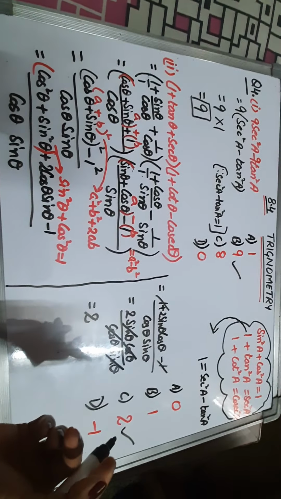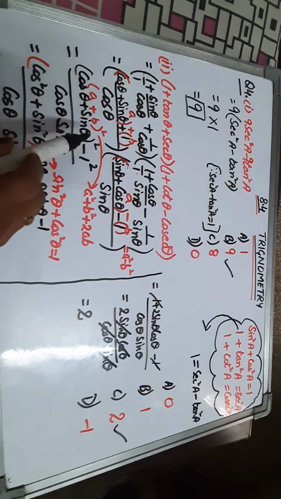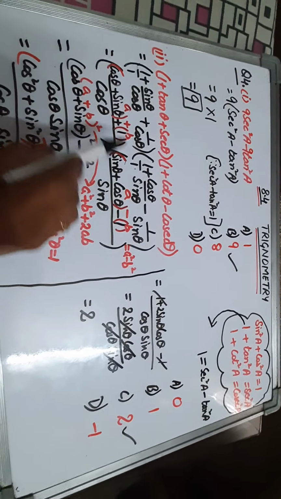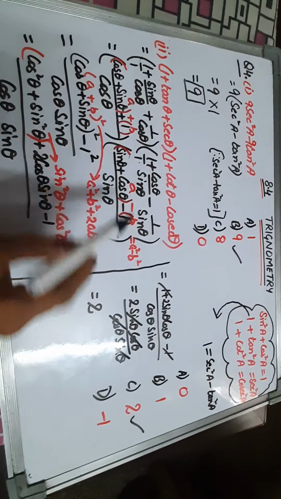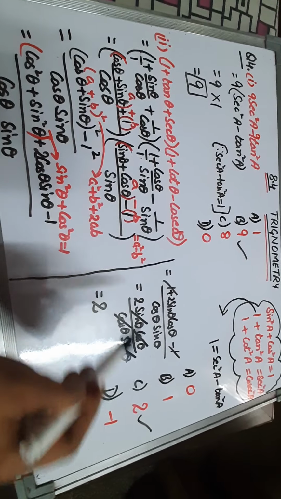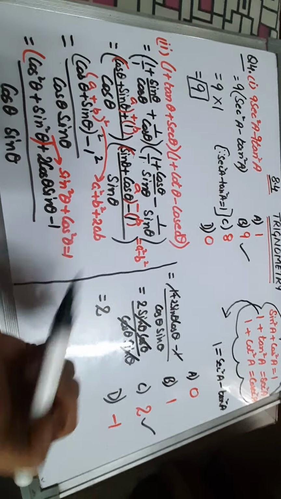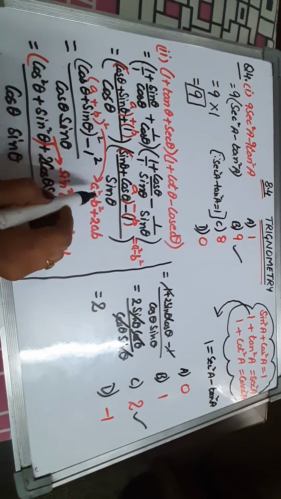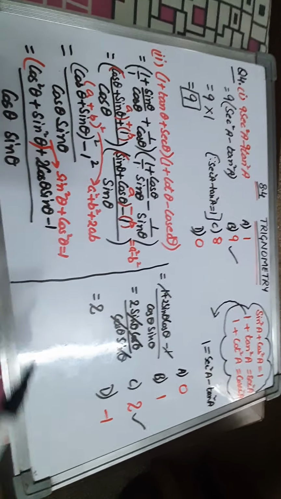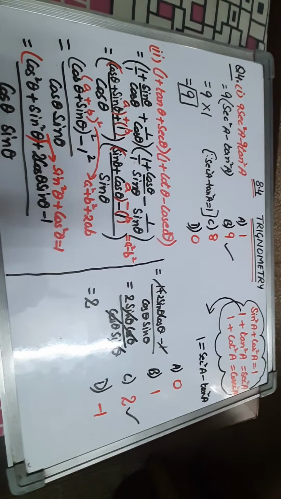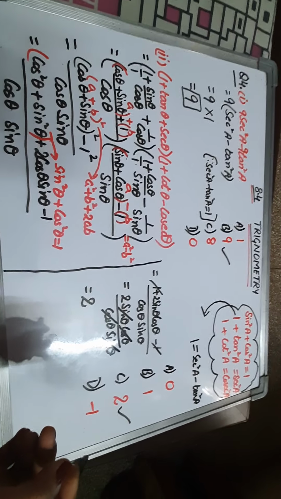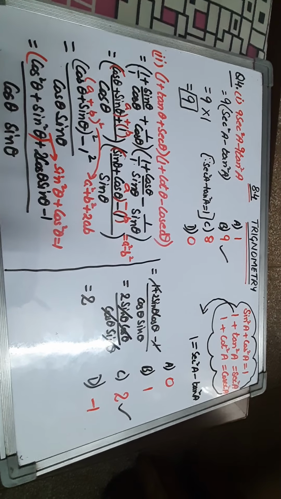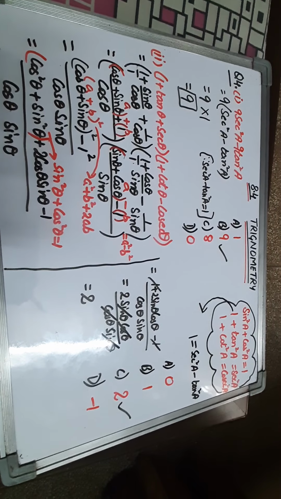I hope the question is clear to you. Dear students, the part which I have written in red with the red pen in between the steps, these are the reasons which you have to mention on the right hand side within the brackets, right? Do not mention them in this way, otherwise you yourself will get confused about what you have to write. Understood? So I hope the question is clear to you.